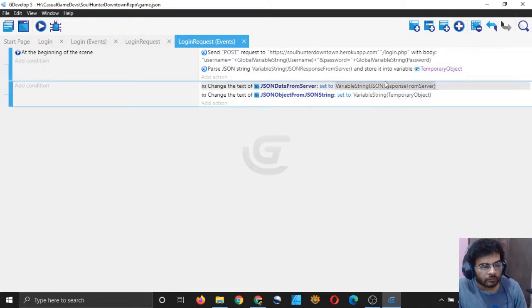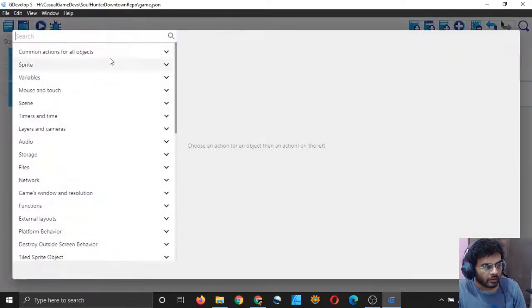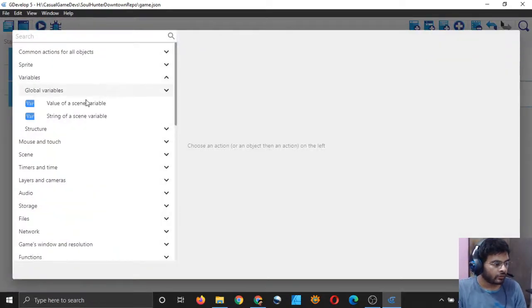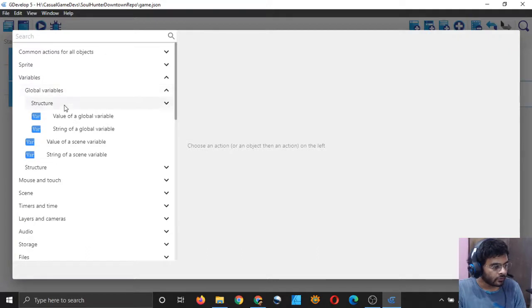So it should show me the text in temporary object as something, a set of objects, I guess. But I think I should do structure. No, clear scene variable, remove a child. No, structure.